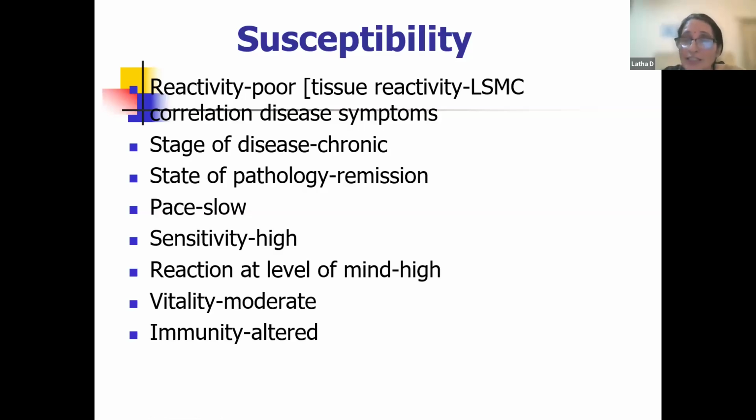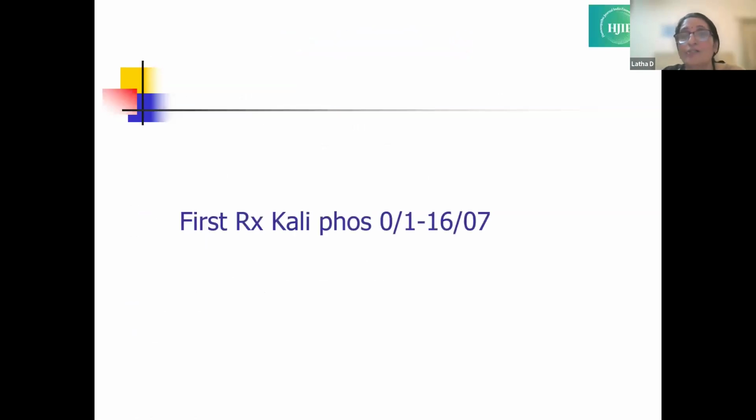Pace was slow initially, now it has started galloping. Sensitivity is high, reaction at the level of mind is high, vitality is moderate, immunity is altered. In these two kinds of boxes that are evolving, where the pathology is advancing, immunity is getting compromised, and there is high sensitivity,